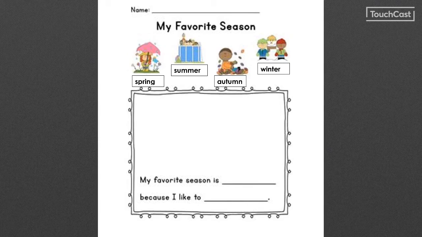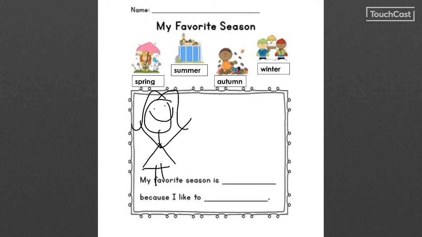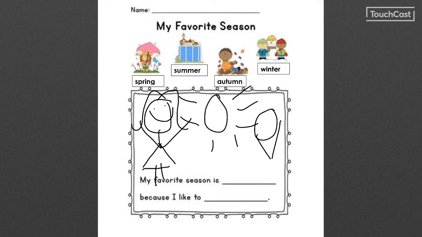And once you have decided, I want you to draw a picture of you in your favourite season. So I want you to draw all the things that you like in that season. And once you have drawn your picture, I want you to colour it in your very best colouring. Okay, and now I want you to write what your favourite season is. So it says, my favourite season is,